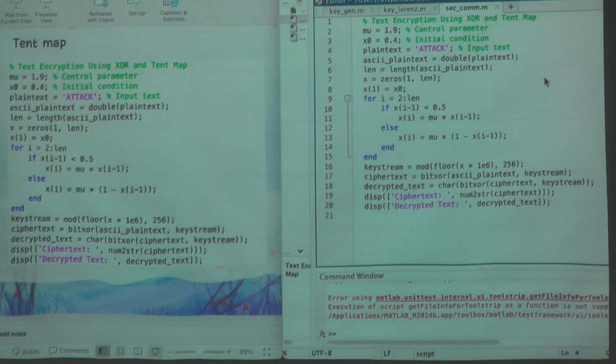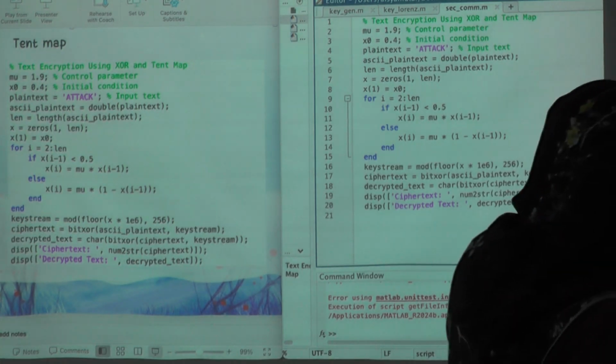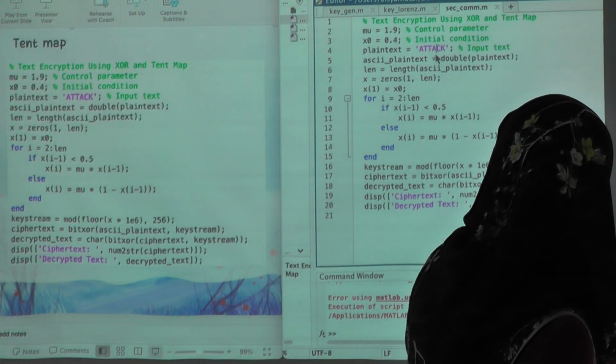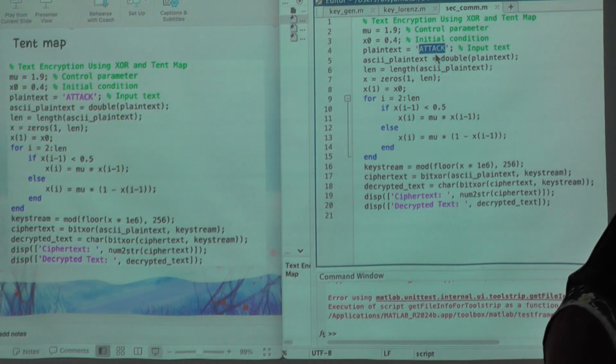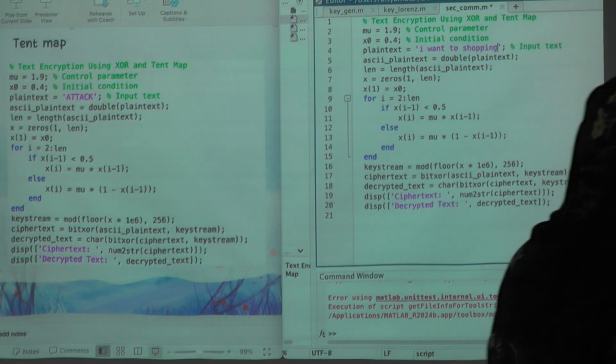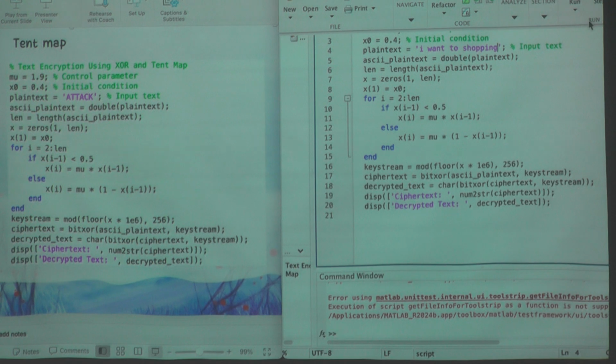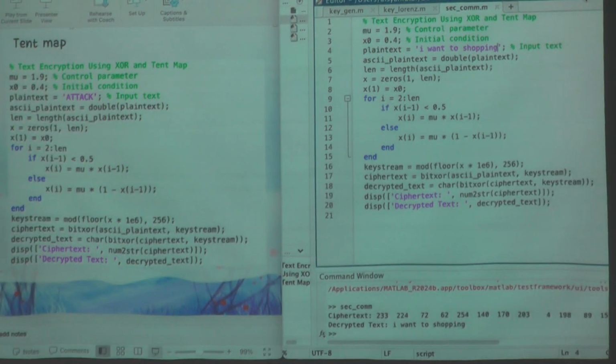For example, okay, this is what my current state is. Okay, so the ciphertext will be